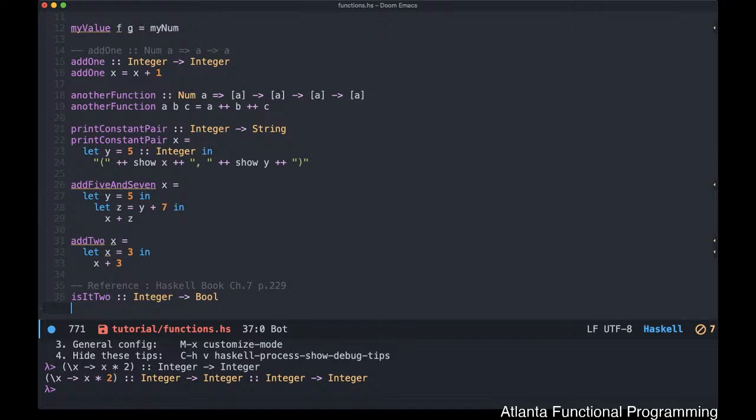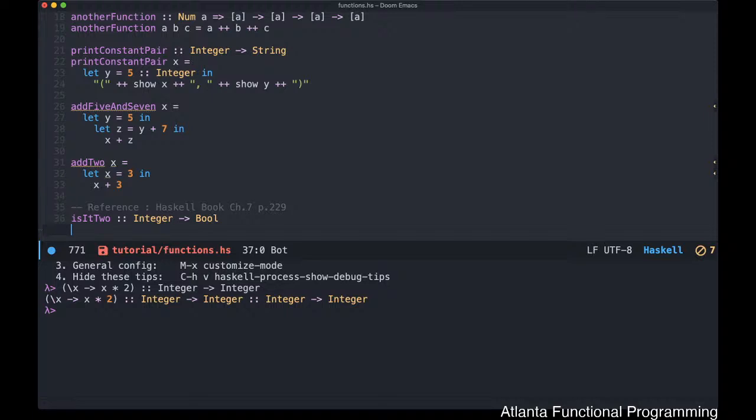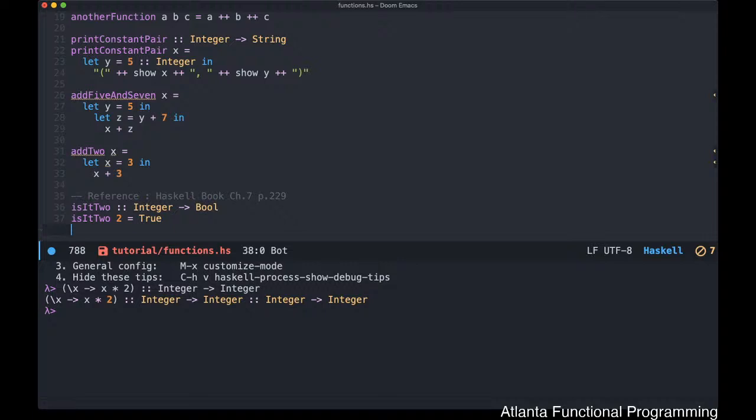We could do this both in the file as we're doing here, or we could do what we did before and use block syntax. But again, since for some reason Dante and Emacs is giving me trouble with block syntax, I'm just going to prefer doing it here. When we're defining a function that uses pattern matching, each rule is a particular function that you need to take care of. So it's a particular pattern that you need to satisfy. In this first case, it's going to check if it finds 2, and if it does, it returns true. Otherwise, it's going to